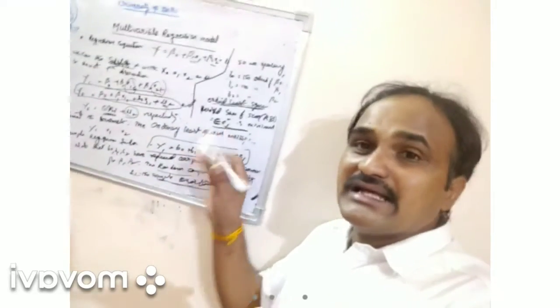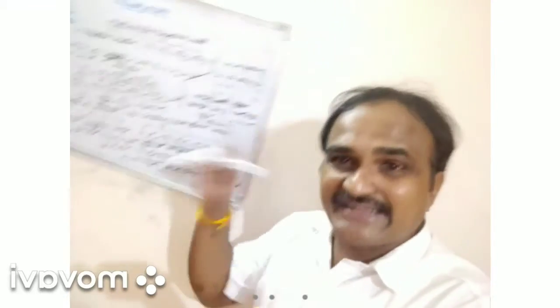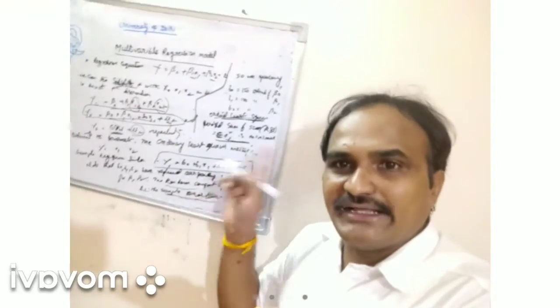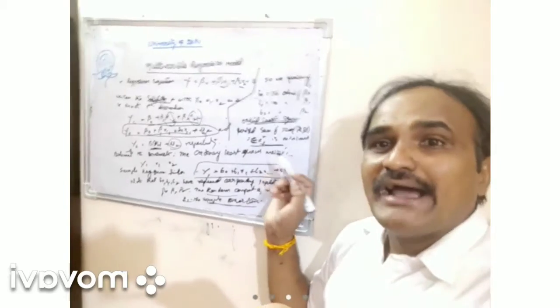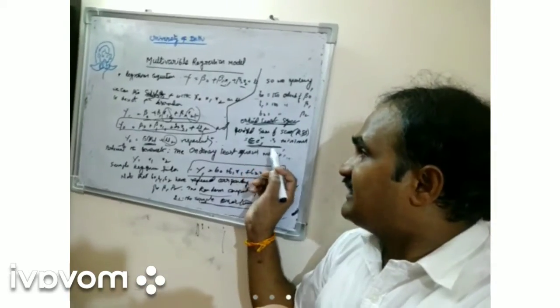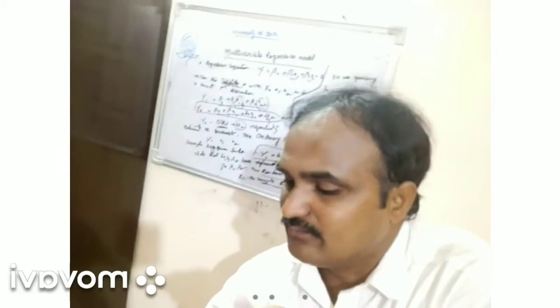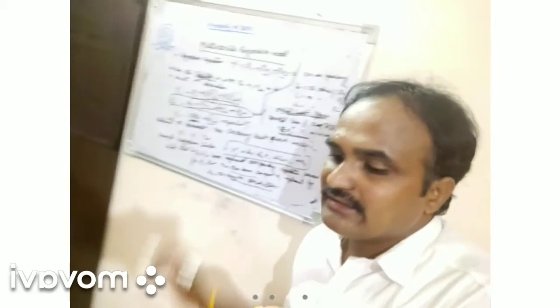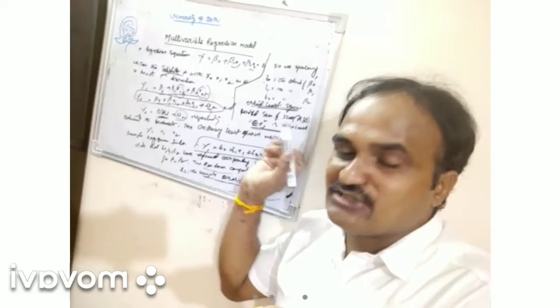E square 1 is the sum over all the values of x and y, where x means x1, x2, and the y values are at the minimum level. That you can call it, this is the e square. It is always the minimum, so this you can call the residual sum of the squares.